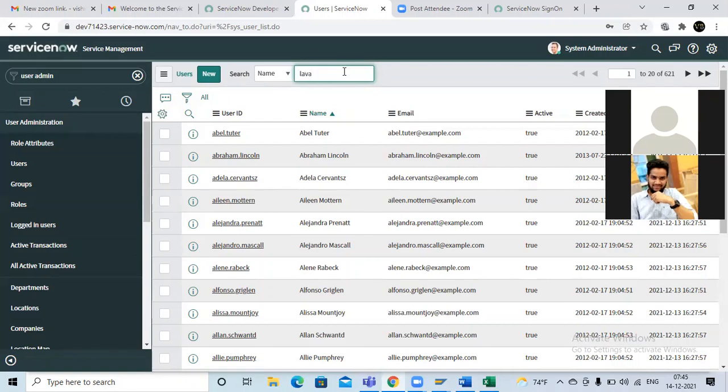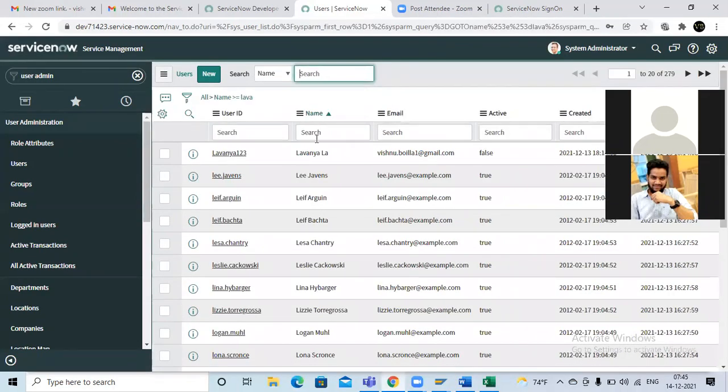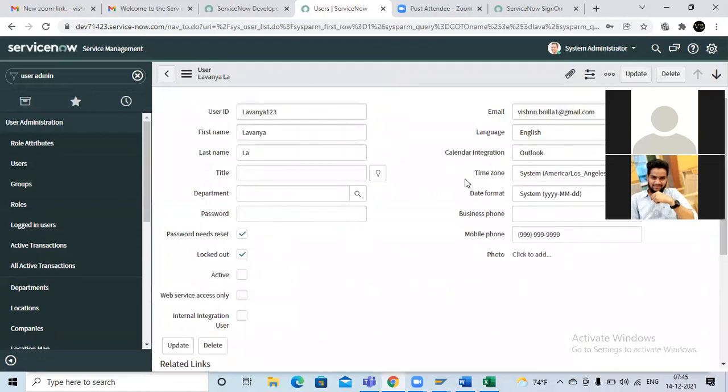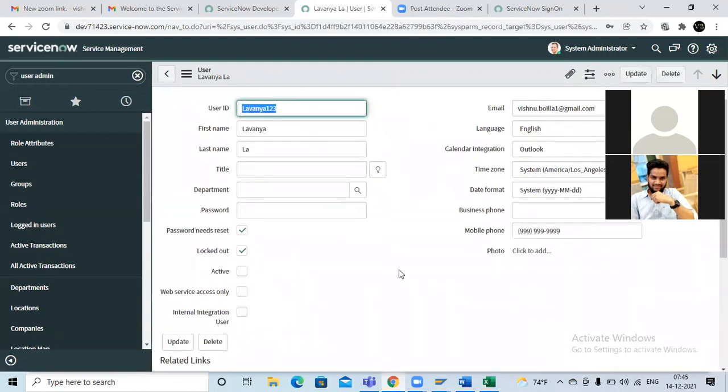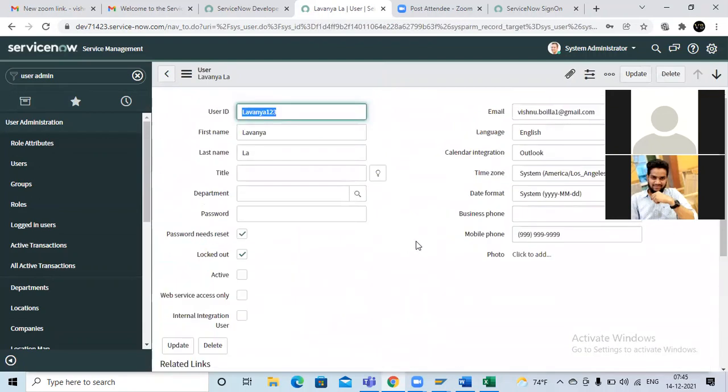Just wait guys. It is cloud based, right? So every time it will take some time. Just type that name here, and automatically you can get your details. If you click this one, the system will display this information. Okay, so this is the process of creating the users. Now the administrator will share this information, user ID and password, to that girl. So automatically